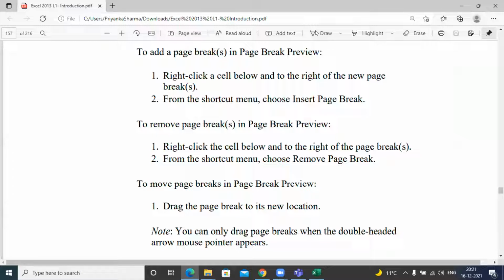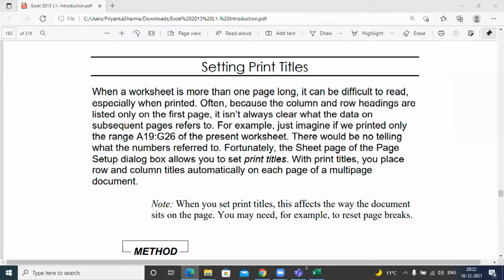All right. The next thing we will look into is how you can set the Print Titles option. Let's say my worksheet is more than a page, it's 2, 3, 4, 5, or 10 pages. Sometimes it becomes very difficult to read, especially when you are printing it.